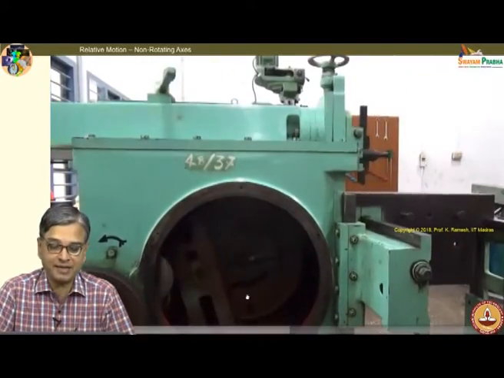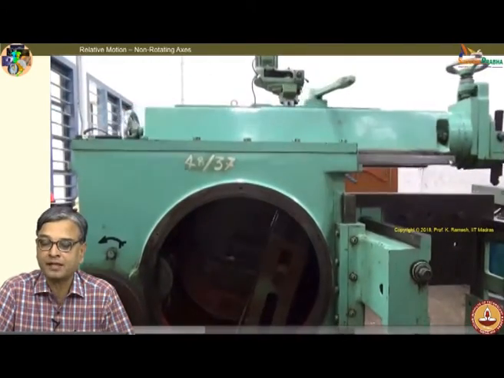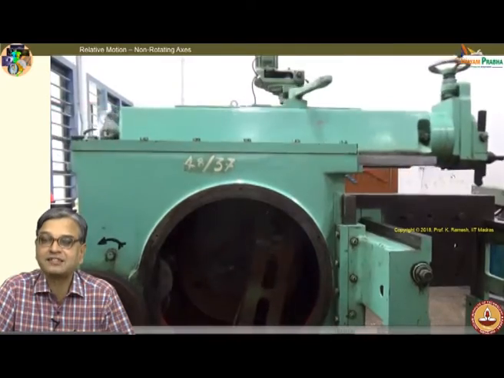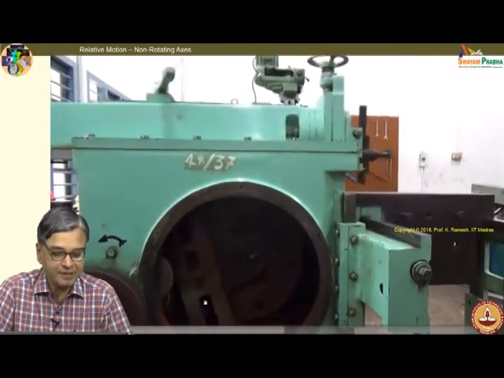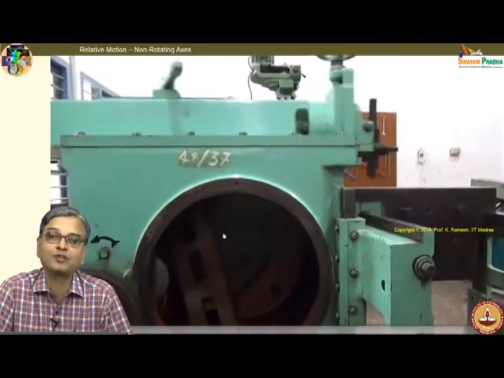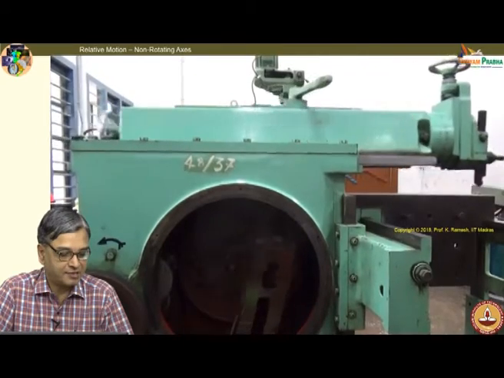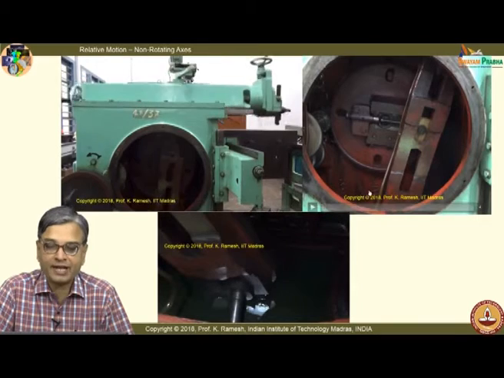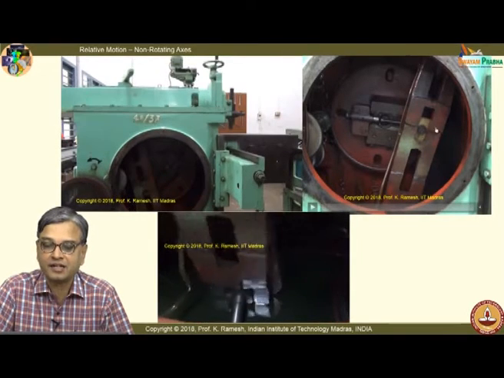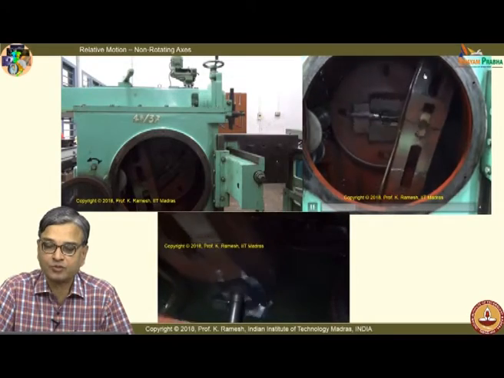This is achieved by a mechanism here. So, you have a slow cutting phase and fast return, and that is achieved by a mechanism here, and that is a mechanism that we are going to analyze. I have nice animations for you to dwell upon it. So, what I have here is, this is the mechanism that is shown here. This is what we are going to analyze.